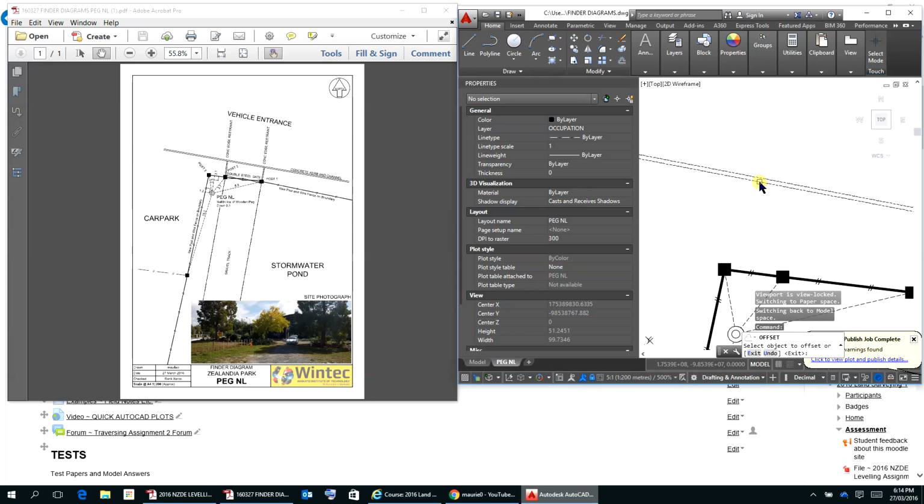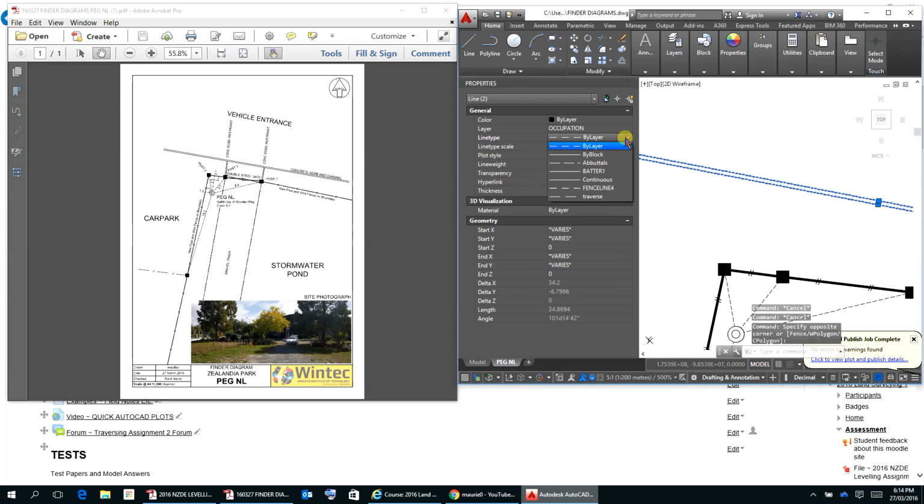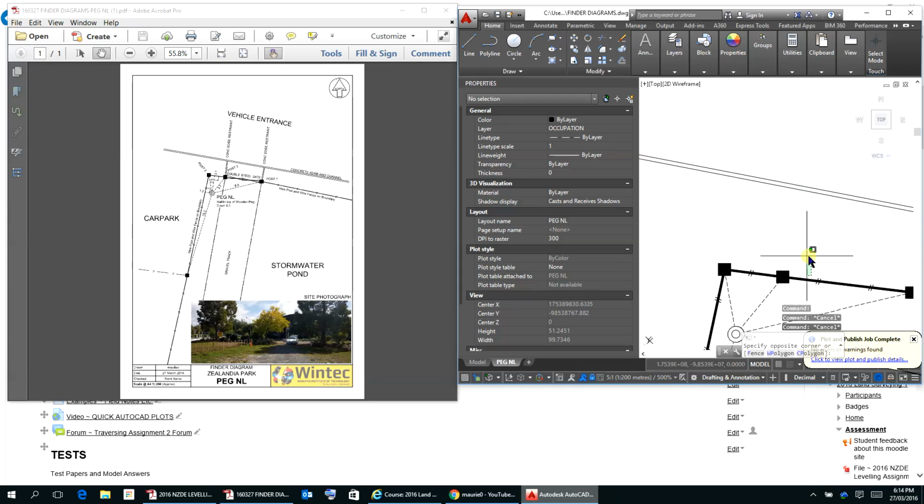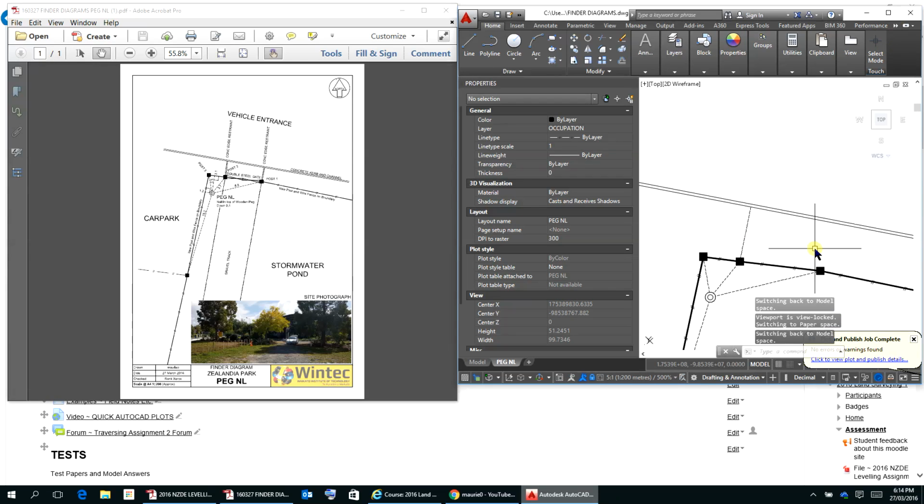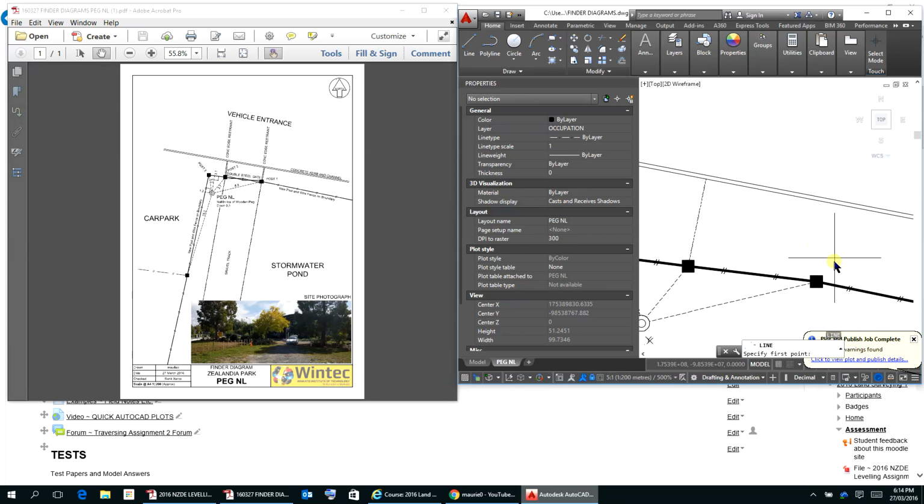But as you can see, that's an occupation layer, I think you'll find, but we want it to be a continuous line. So I just select it and make it a continuous line, like there. And then from here, we've got some edge restraint in there. And again, I'm just going to put that line in there and just go from there probably to a right. See how it's that little right angles there for that snap there, and I'll do the same in here. Just put a line in here like so, up through there like so,